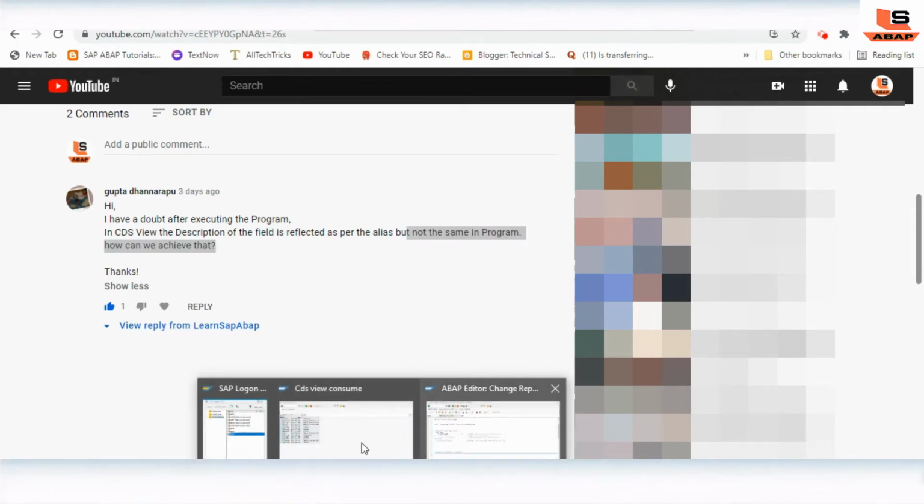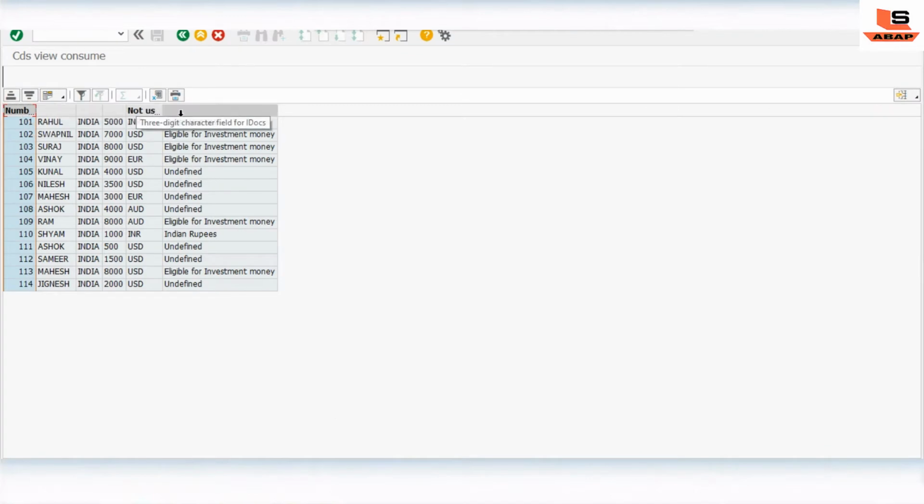So this is our program. In this output you cannot see the name. Okay, so let's see how we can achieve this. Before that, I'll show you the reason why the column name is not reflecting over here. Instead of explaining, I will make some changes in the system so that you understand quickly.